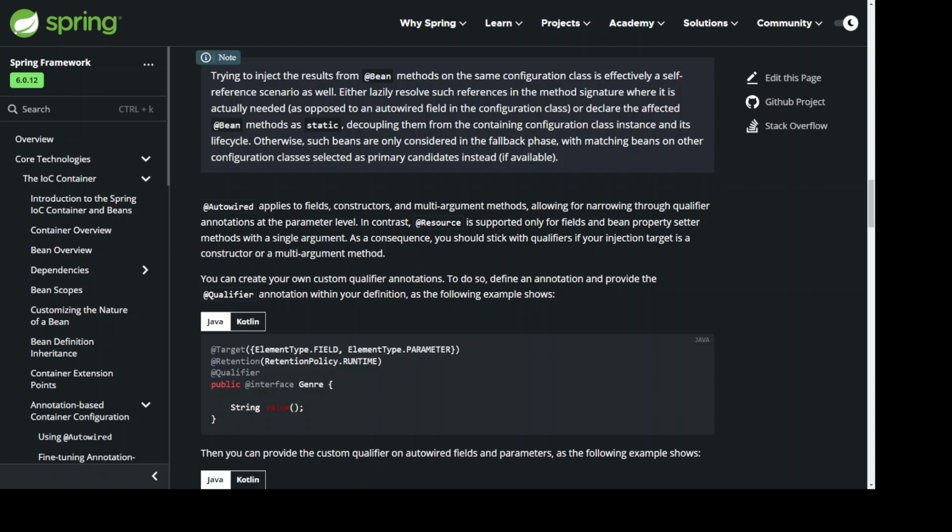You can create your own custom qualifier annotations. To do so, define an annotation and provide the @Qualifier annotation within your definition, as the following example shows. @Target({ElementType.FIELD, ElementType.PARAMETER}) @Retention(RetentionPolicy.RUNTIME) @Qualifier public @interface Genre { String value(); }